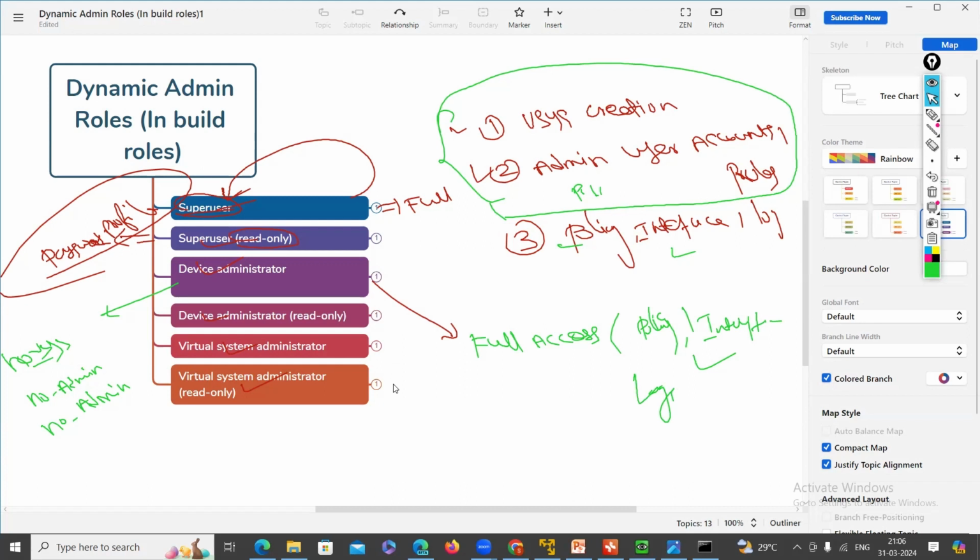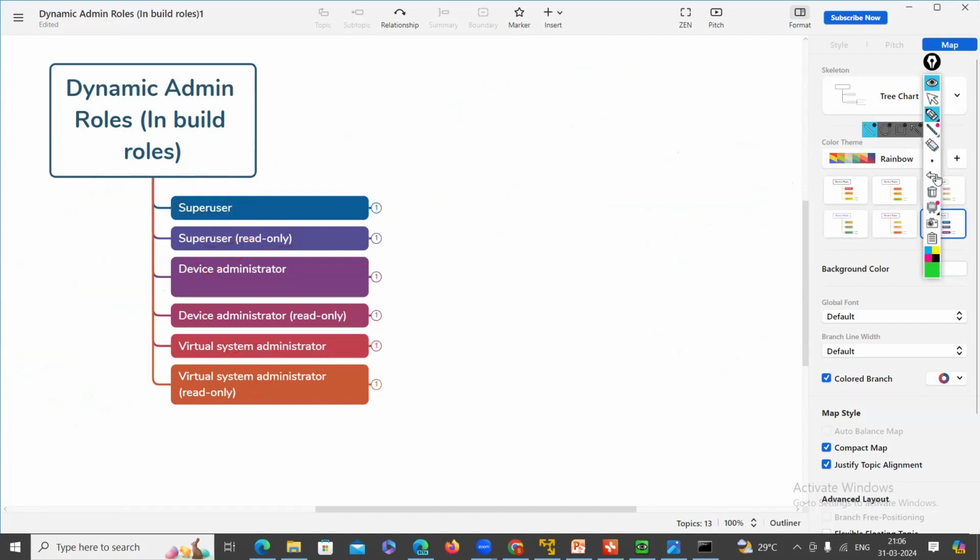Okay, sorry. So he cannot modify or delete anything which is created by the device administrator. He can just read whatever the device administrator has configured, the changes or updates, right? So then the virtual system administrator. Once the device administrator, sorry, super user, has created a virtual system, that virtual system can be managed by the super user,